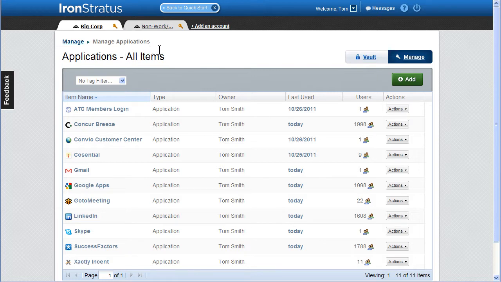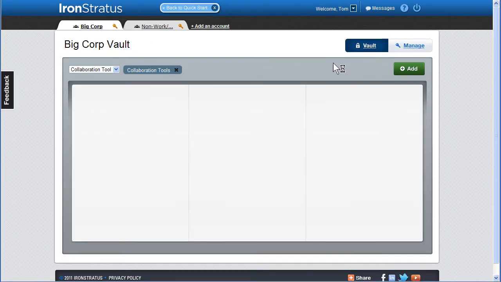I wanted to show you just a couple tips and tricks within the IronStratus product that you may or may not have played with already. The first tip and trick I want to show you is within the Manage screen. If you are an account manager and account owner, effectively an administrator within the system, in addition to having a vault view of your applications and so forth, you will also have a management view that allows you to manage